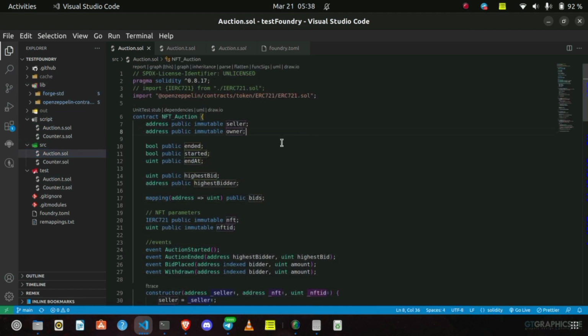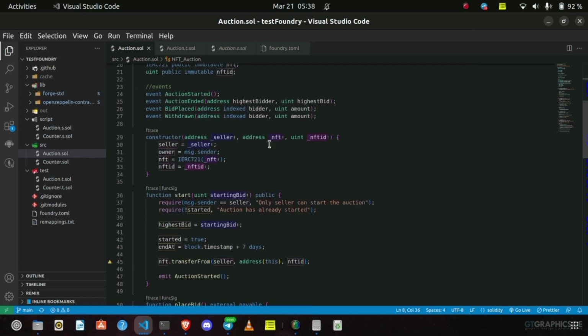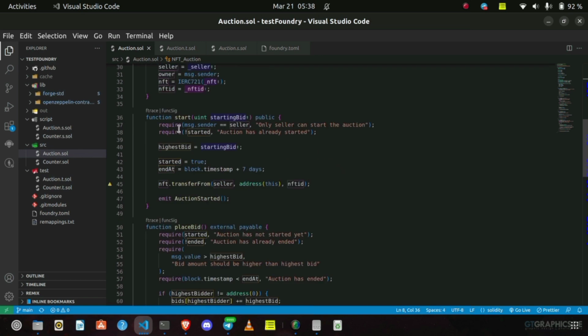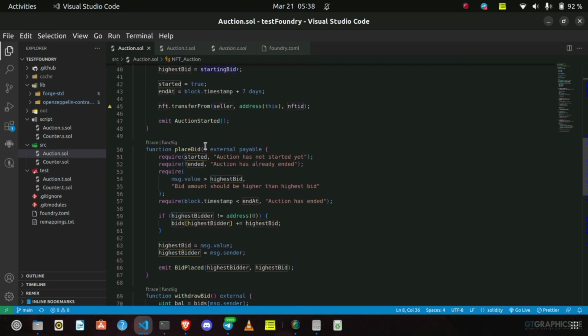It's an NFT auction contract. We have the start bid function, and it is the owner of the contract that can start this bid. Then anyone can place a bid,